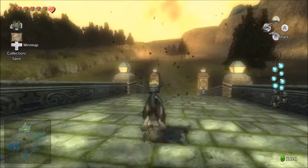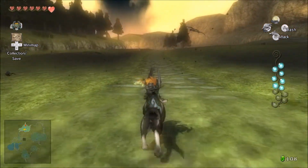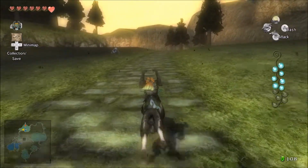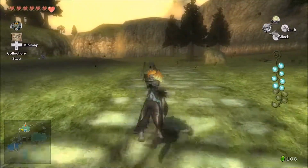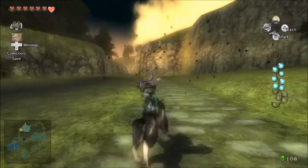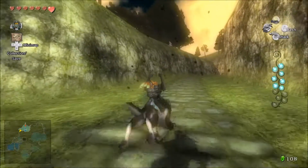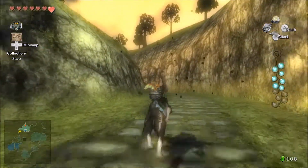And I understand that in real life, if you were trying to climb a wall or a mountain or something, and it was raining, it wouldn't be very easy. You'd constantly slip off. But I don't think that Zelda has to be realistic, because Zelda already has more of a fantasy feel to it anyway. So I don't think Zelda has to be realistic. I think it's okay for some things to be very unrealistic, if it's for the sake of not being annoying or being convenient. So I find rain just more of a nuisance than anything, and it constantly annoys me,